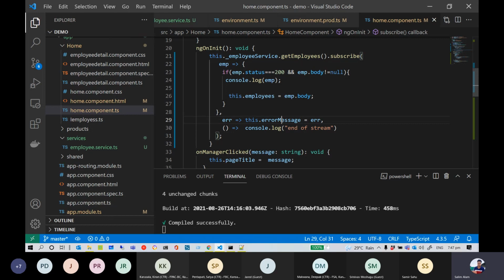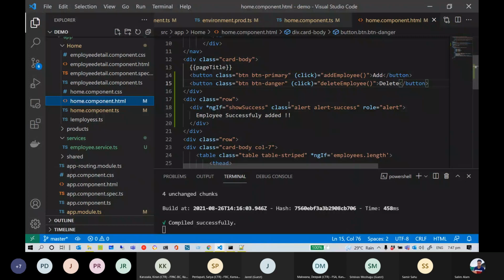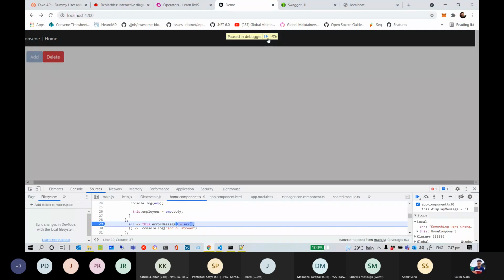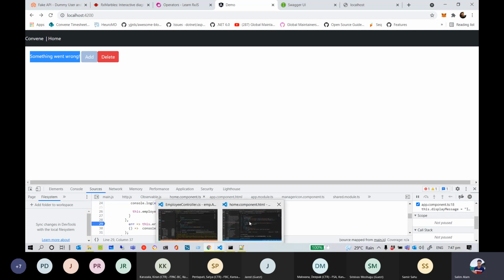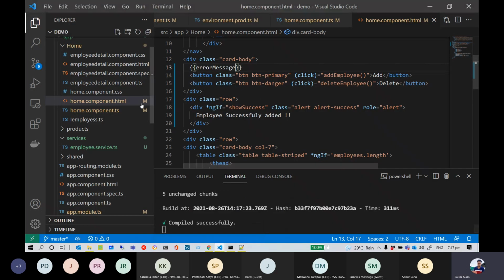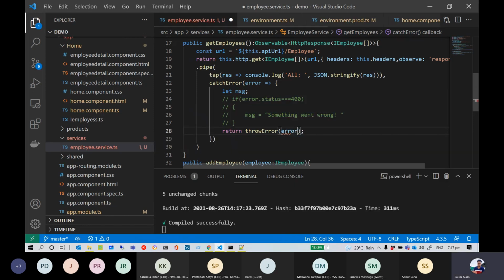I'll just quickly show the error message. So here it says something went wrong, and you can think of other UI ways to display the messages here. If I don't use a custom exception here, or if I don't handle the exception here, and I throw my entire error back as it is,